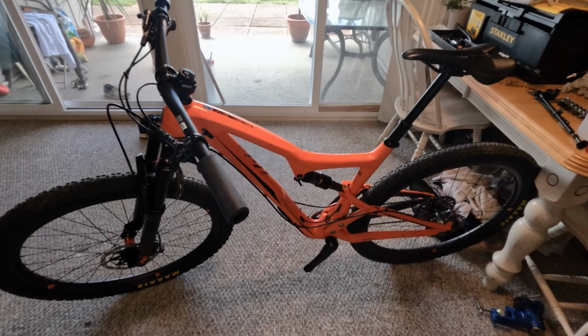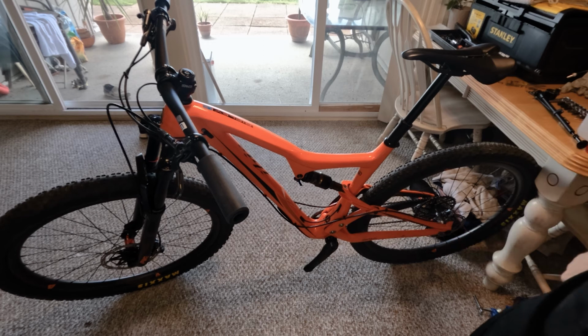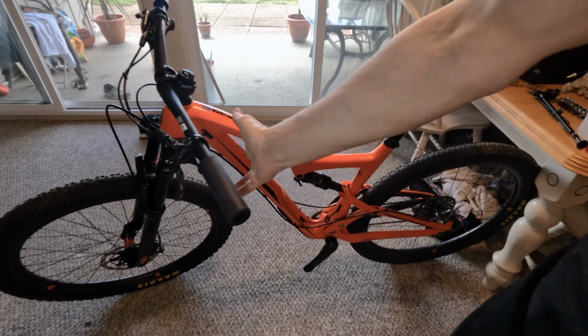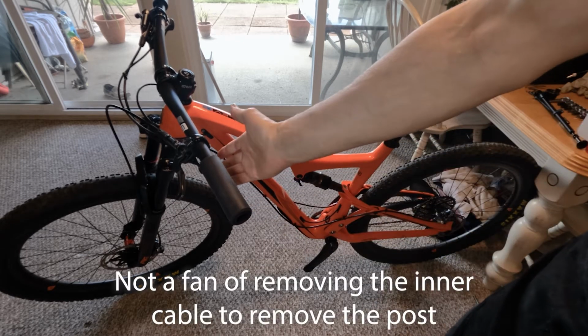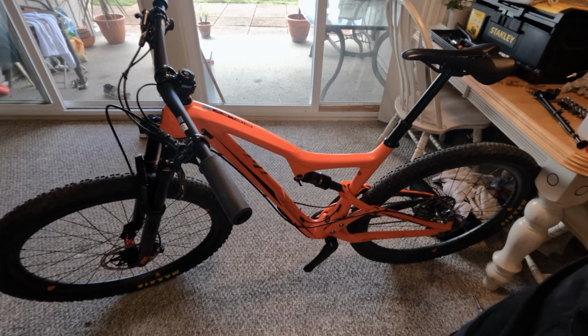All right, last but not least, we have to service the dropper post to finally finish this bike up. So this is a OneUp dropper post with a OneUp remote. And I'm not a big fan of having to disconnect the cable from the remote in order to pull up the dropper post and remove it from the bike. What I do is actually